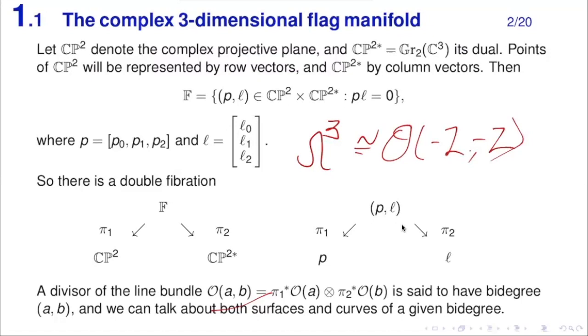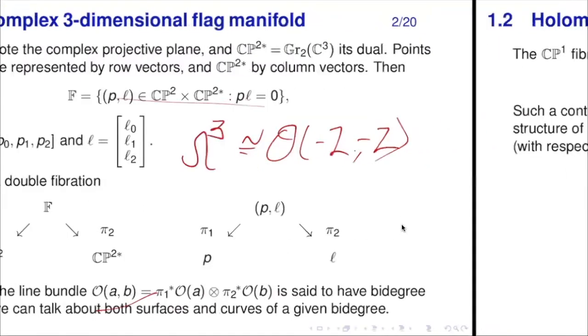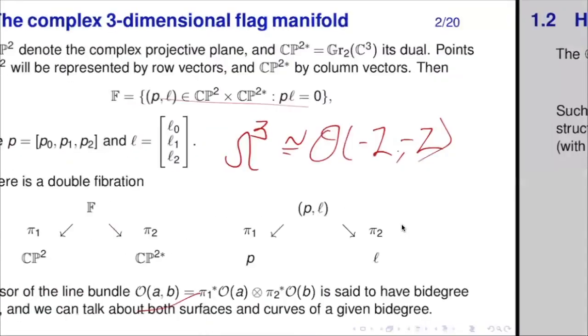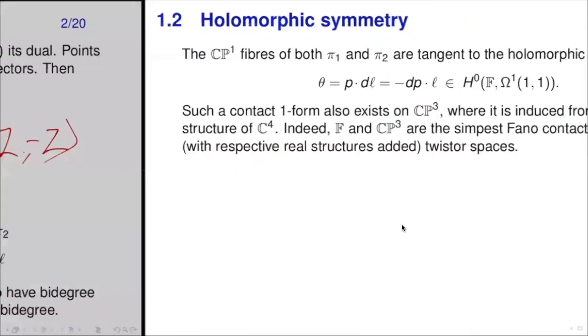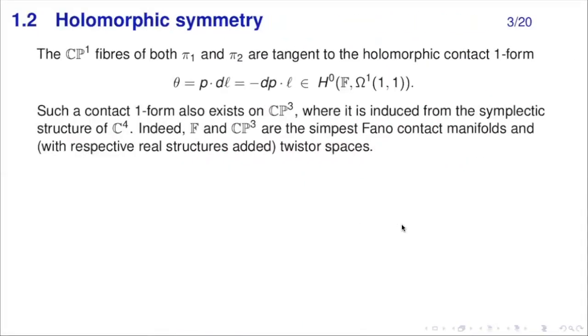Okay, that's the basic setup. And then another thing you can say, if you're more used to thinking about complex projective 3-space, in some regards it's easy to talk about the flag manifold. You see that there's a natural contact structure, a holomorphic contact structure, which is basically a holomorphic one-form with values in this line bundle,